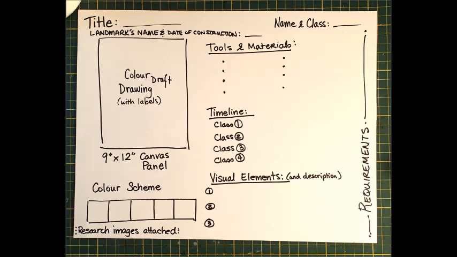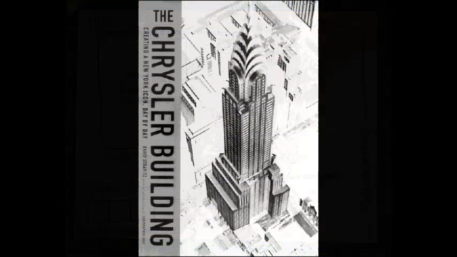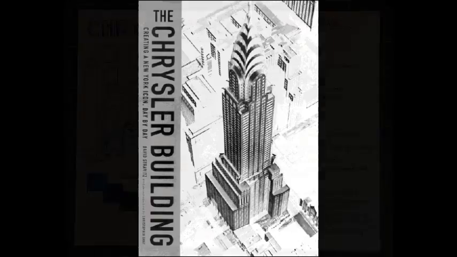Your visual elements are your 3 elements. And for your color scheme, if you draw a bar graph on the bottom or a graph that has the corresponding number of colors you want to focus on, that will be down in the bottom corner. Now, I'm going to show you my exemplar of what it could look like. I based mine on the Chrysler Building in New York City, just like Mr. Hunsberger based his music composition.